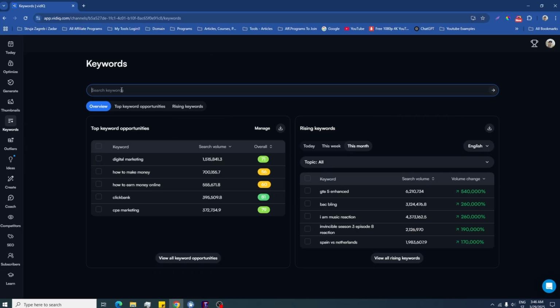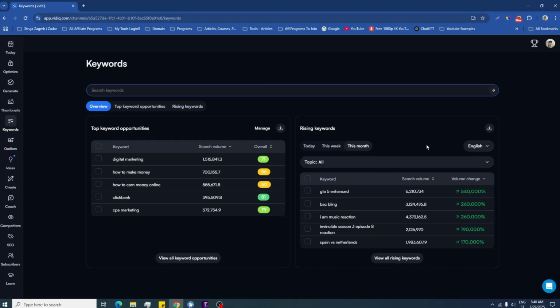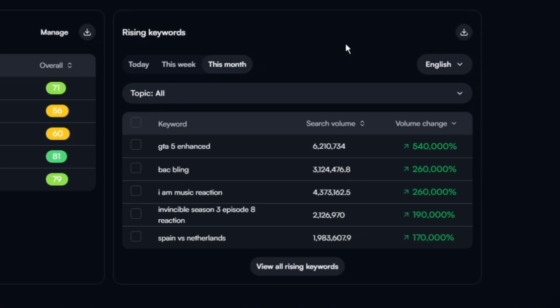Because I'm in the make money online niche, or specifically the affiliate marketing niche, I'm getting all these make money suggestions to create content about digital marketing, how to make money, etc. On the right side we have the rising keywords. Actually, these are keywords that have nothing to do with my channel. These are just overall rising keywords on YouTube that are trending right now, and you could check the full list